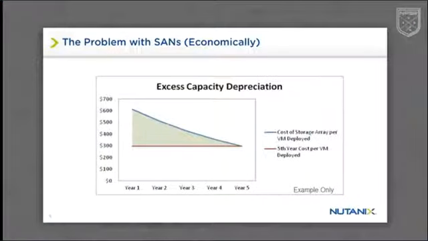The problem with SANs with 3-tier from an economic perspective are represented by this chart. A SAN, of course, has 2 or sometimes more physical storage controllers. Well, these are duplicating the space requirements on the compute side of the house. So they're duplicating the rack space, power, and cooling, which can be very significant expenses. IDC estimates now that operational expenses are 80% of the total cost of running a data center and continue to increase.